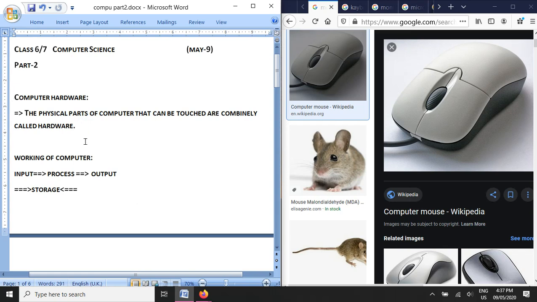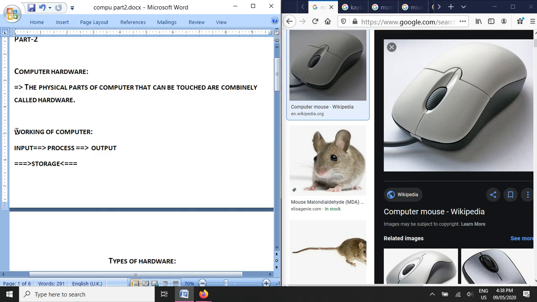There are different types of computer hardwares, and computer hardware is the body of the computer. Just like we have different parts in our body for different functionalities, like we have ears to listen, a nose to smell, a tongue to find the taste, skin to sense, a mouth to speak, and legs to walk. Just like that, for doing different things the computer has different parts. So different hardware devices are there. Let's continue with types of computer hardware.